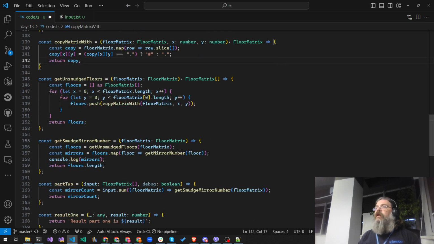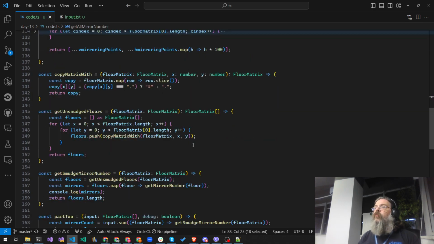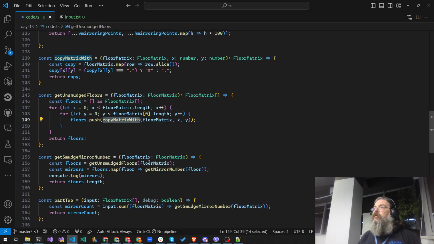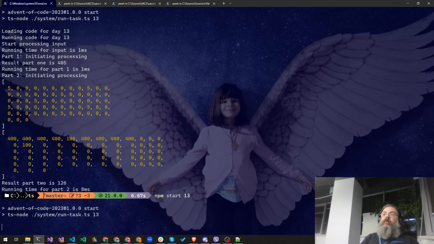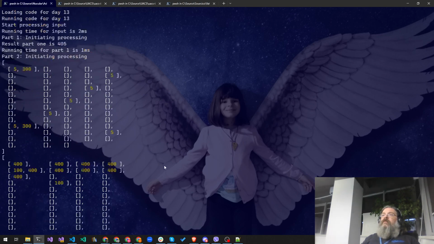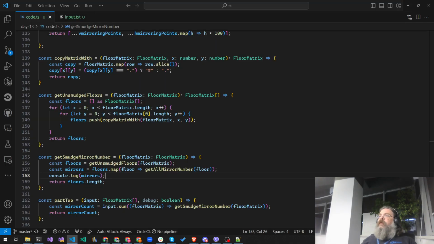Let's see what happens now when instead of get mirror number, we are calling this get all mirror numbers. So note that instead of getting a number, we will get an array. So here we have it. We have 5300, 55555, and once more 5300. So if we remove all the empty arrays,